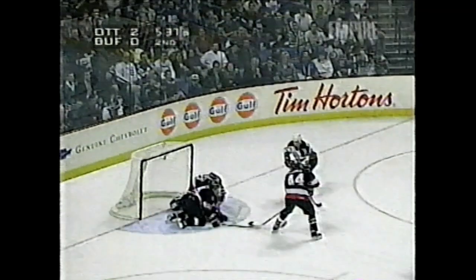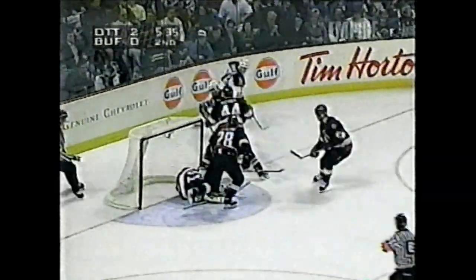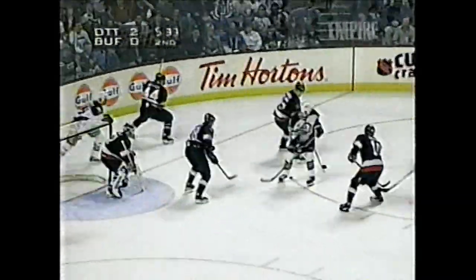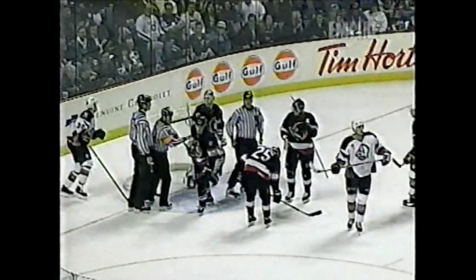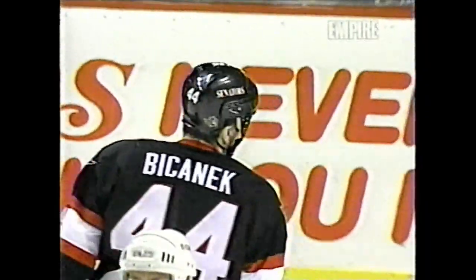Buffalo coming back. The long pass to Barnaby's onside. Barnaby trying to bustle it in. Jammed beside the net. Hooked out in front again. It's knocked down, and it slides free. Shipman, Ottawa. Bachanik, who's going to the boxes, took Matt Barnaby into the side of the net and